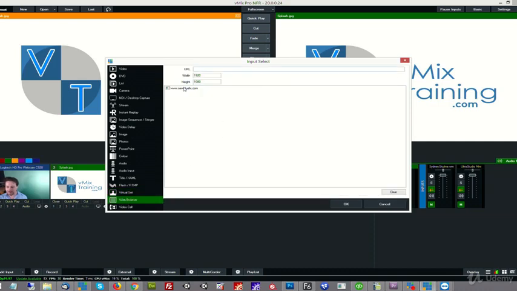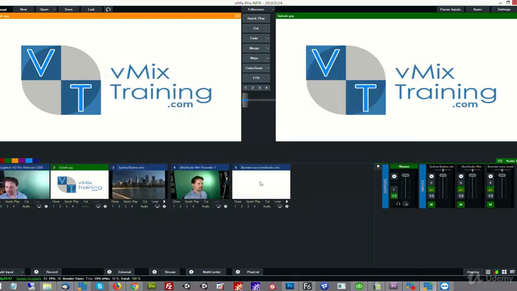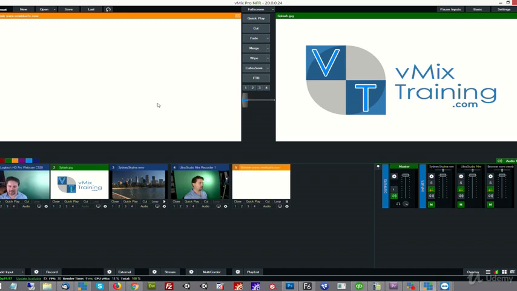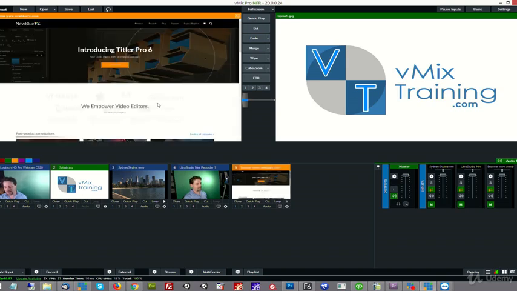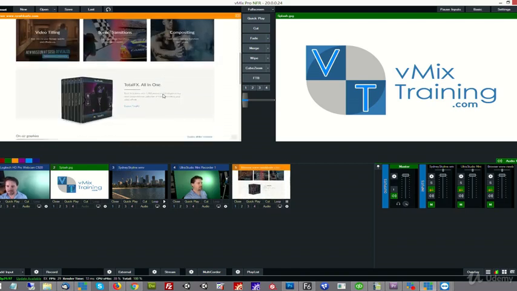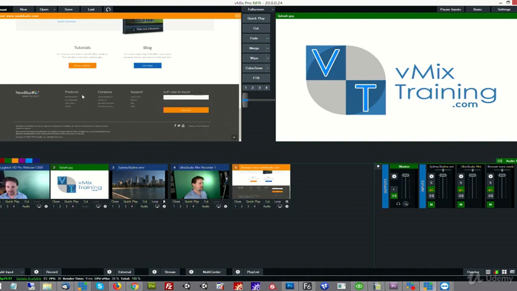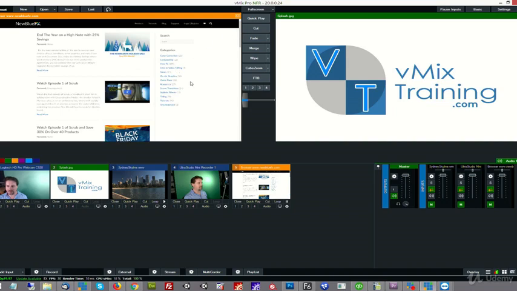Web browser. Web browser is a great way of just bringing in any kind of web content without having to create a separate screen with a desktop capture on it. You can just use this to navigate that website live in real time. So you can click their blog and bring up whatever it is. If you have a presenter who's throwing out information that you're not familiar with, you can on the fly pull up their website. Usually people have a lot of information on their website. You can navigate that and catch up with them and bring that up over their shoulder